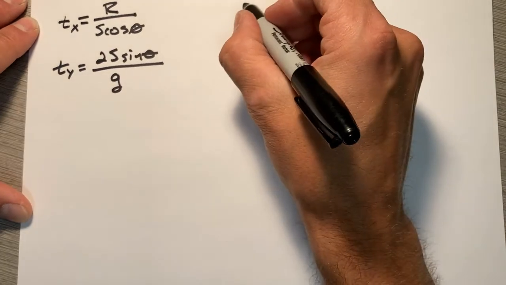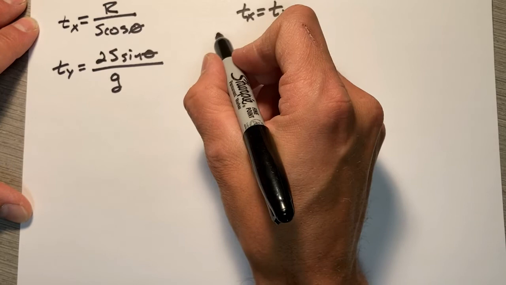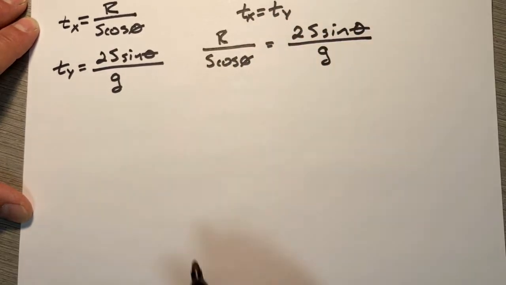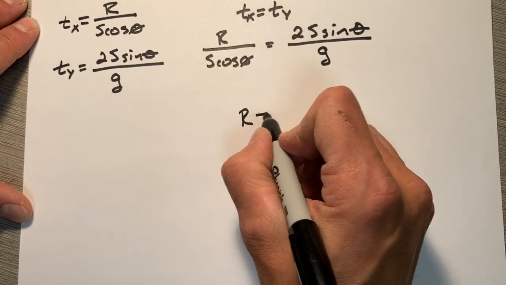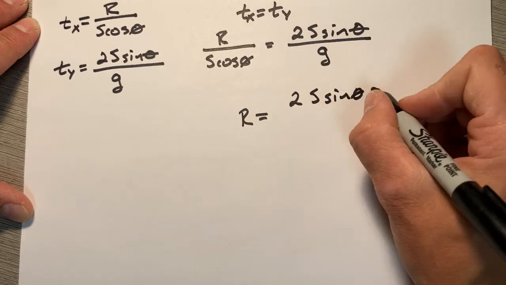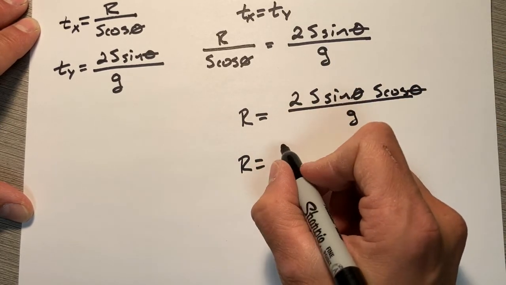Because our projectile is going to be in the air for the same amount of time, both horizontally and vertically, we can set the times for both axes equal to each other. By rearranging our two terms for the range, r, with a little bit of algebra, you'll notice we can clean this up,